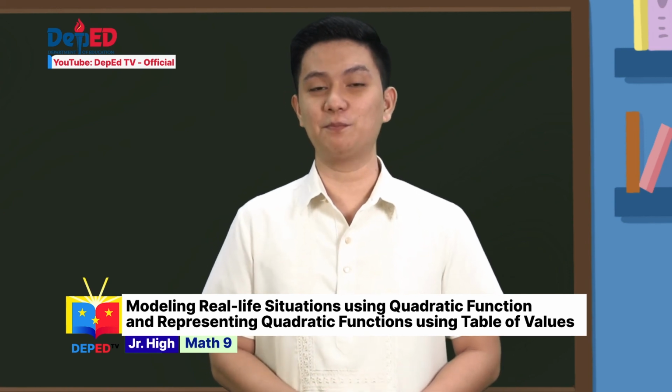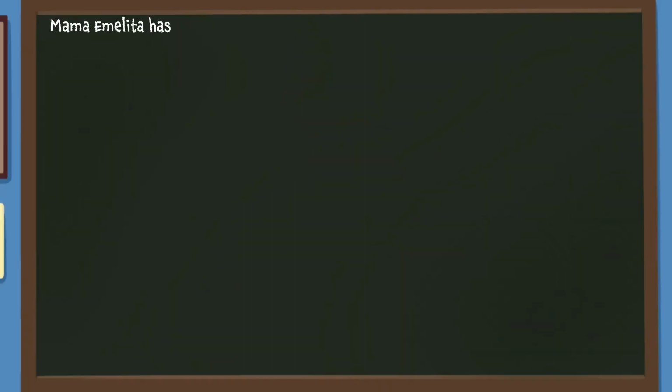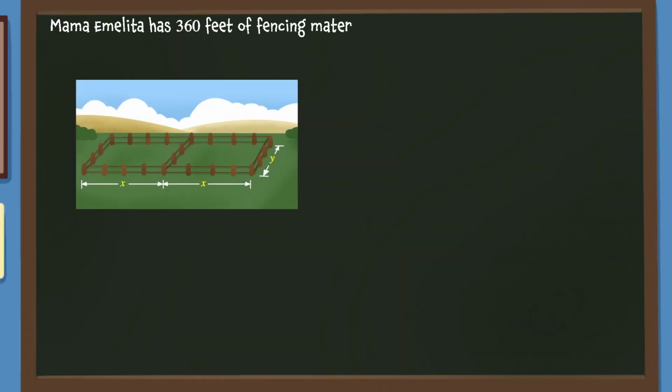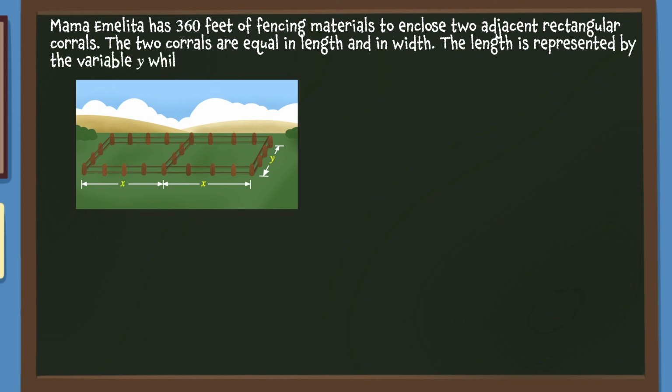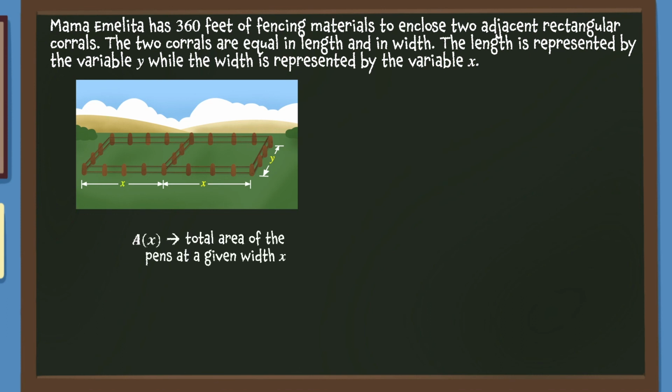Let's have another example. Mama Emilita has 360 feet of fencing materials to enclose 2 adjacent rectangular corrals for her pigs. The 2 corrals are equal in length and in width. The length is represented by the variable y, while the width is represented by the variable x. Let's write the total area A of the corrals in square feet as a function of the width x of each corral, that is, in